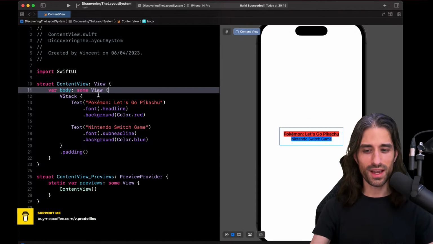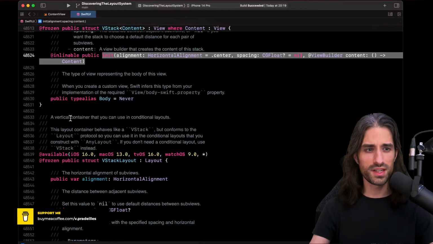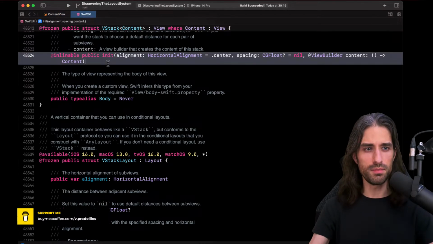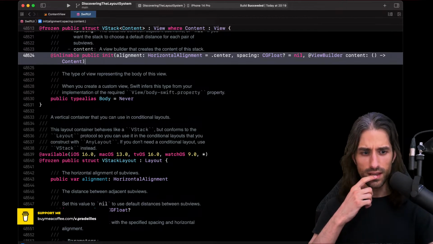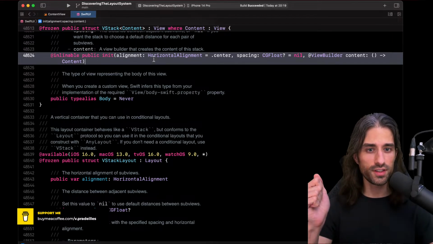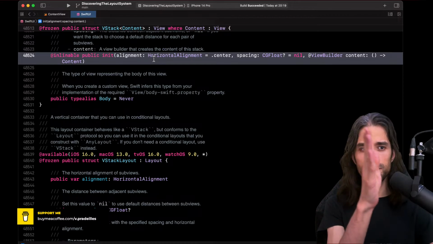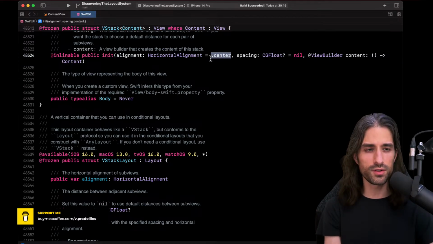Yes, let's take a look at the arguments of the init of the VStack. So this is the init. I'm going to do a command click so that we can see it a little bit bigger on the screen. So what do we have in this init? We have a first argument, which is the alignment. And we're going to use it just after. It tells us, should the content be aligned on the center of the stack, on the leading edge, or on the trailing edge? And we can see that it has a default value, which is the center. That's why we didn't have to provide that argument.